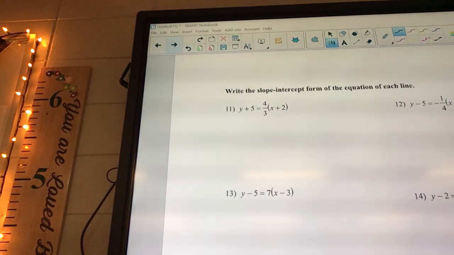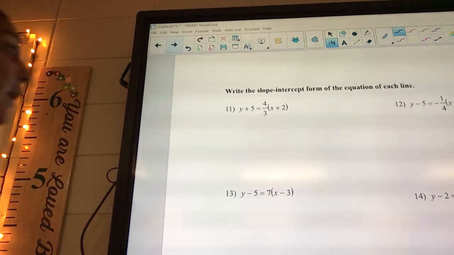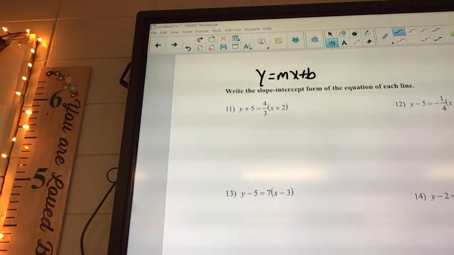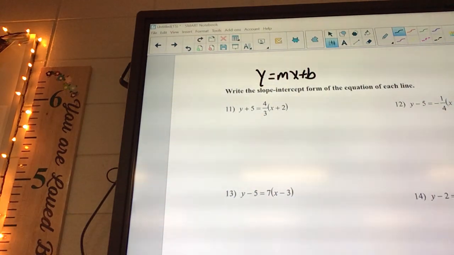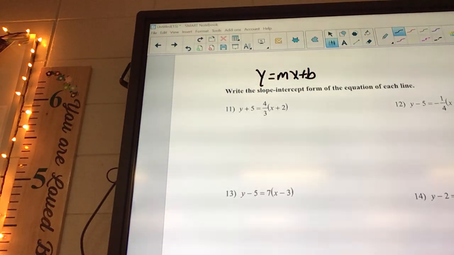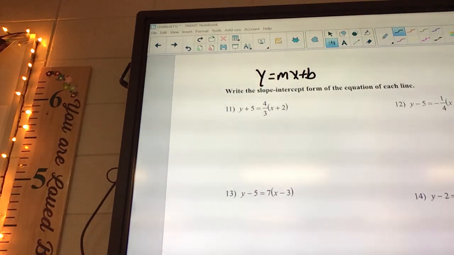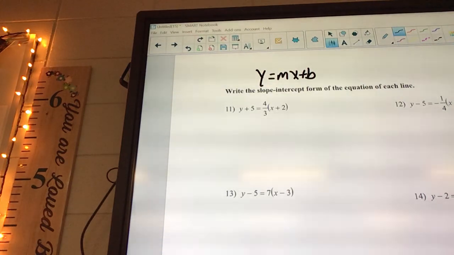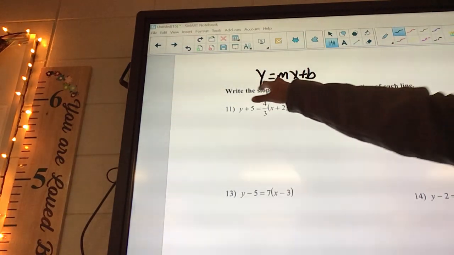Okay, the back page says write the slope-intercept form, okay, which is this, y equals mx plus b. Okay, now, if we look at the form that they gave us, meaning the problem, okay, notice the parentheses, yeah, it looks just like the old one that we just did, okay, that means it's already in point slope form, okay, so they've already given us that, okay, so they kind of did a step for you. The goal here for this one is to get y by itself,